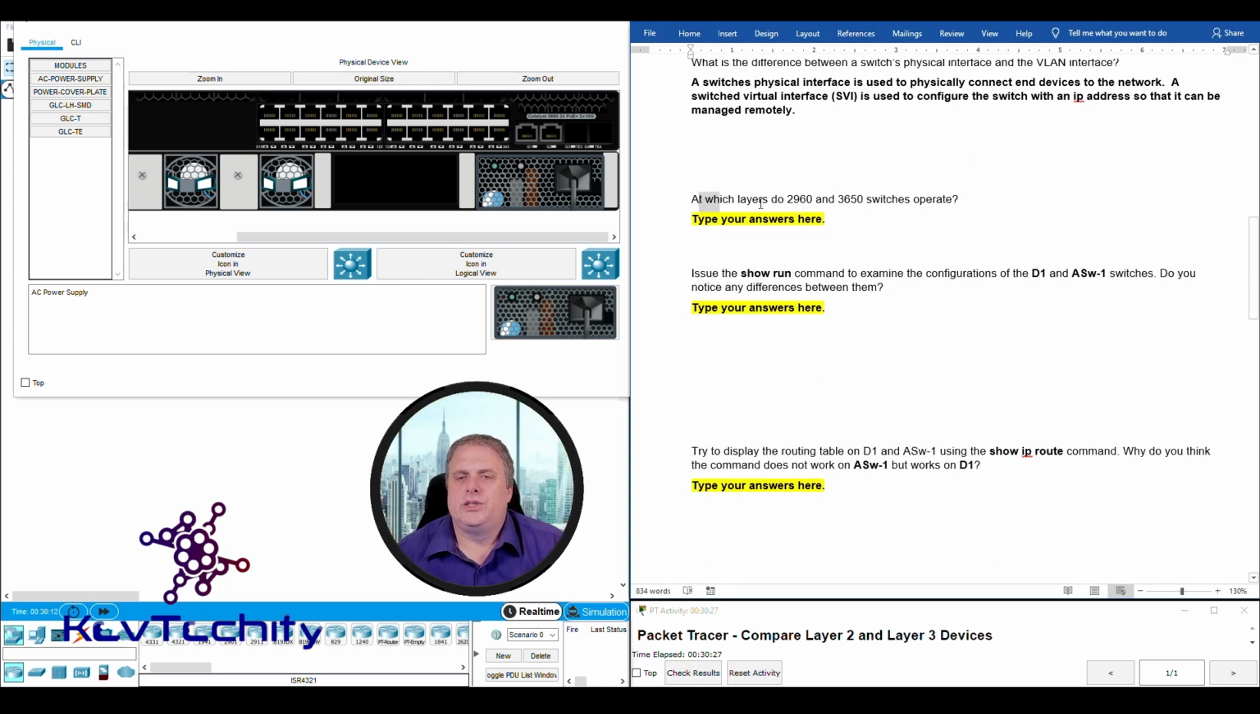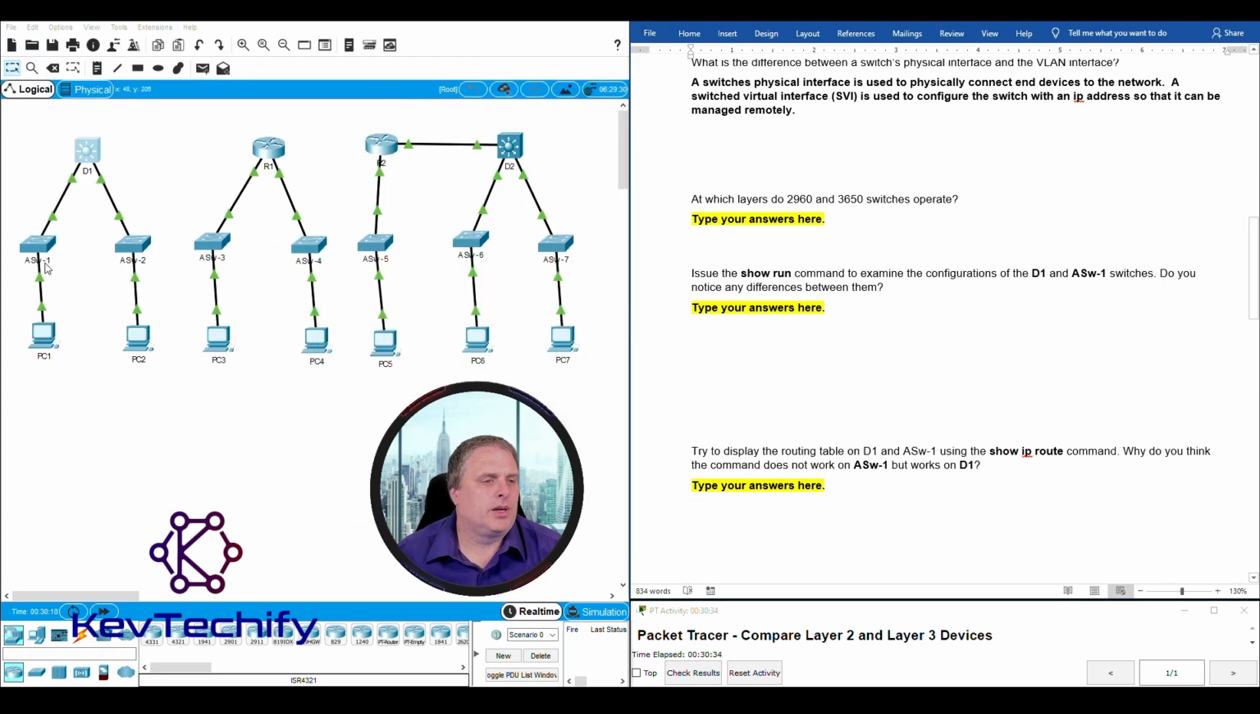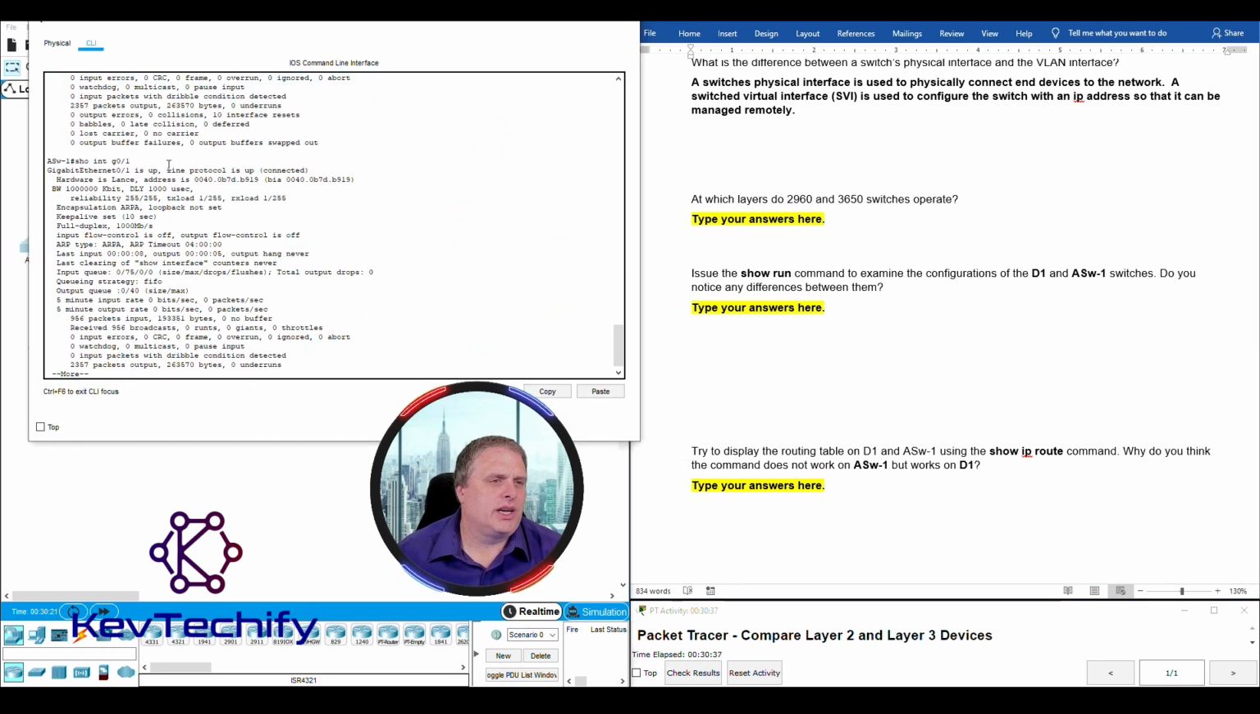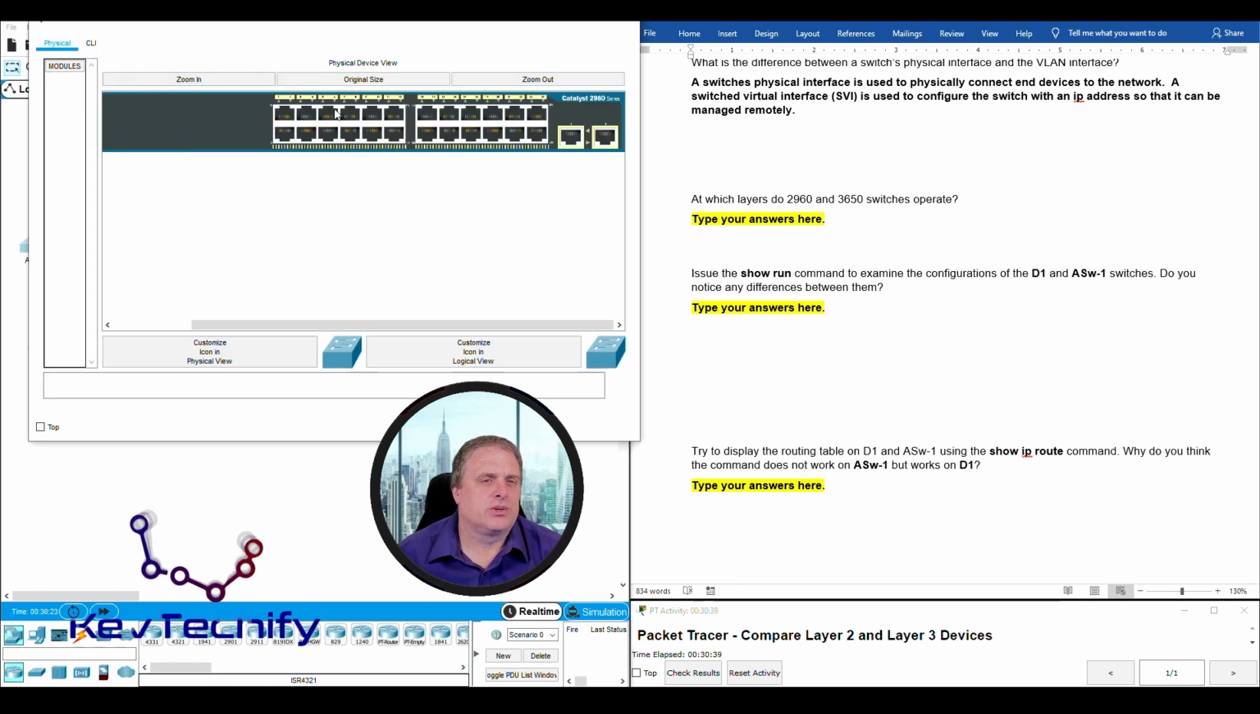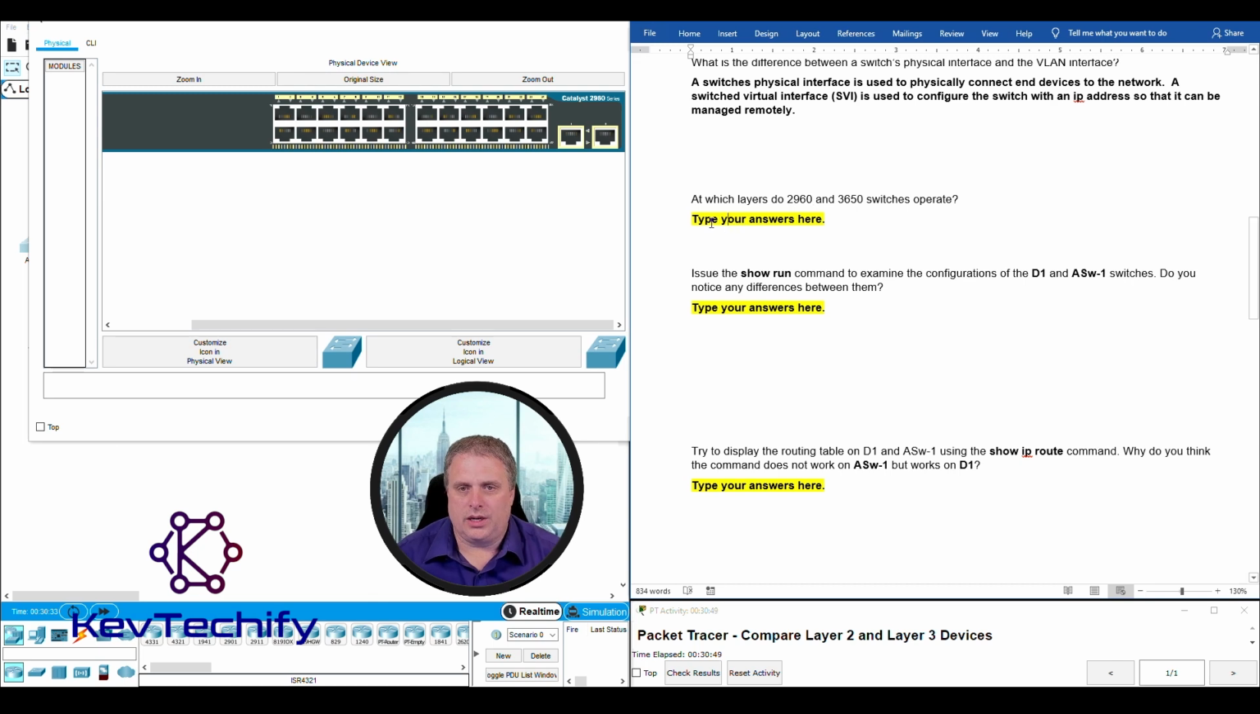At what layers do the 2960 and the 3650 switches operate? The 2960, I'm going to minimize D1. Our 2960, here's this access switch. Just these ports on here. It doesn't do any layer 3 stuff. It just deals in layer 2. That's the MAC addresses. And so here, the 2960 operates at layer 2,